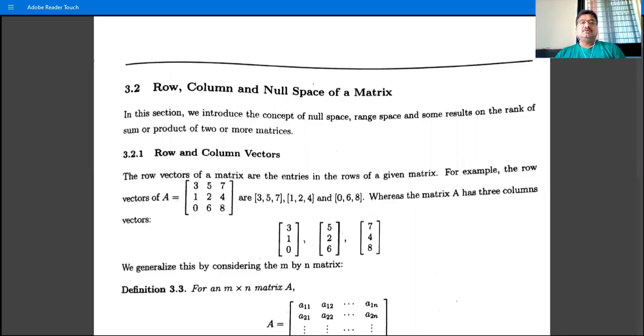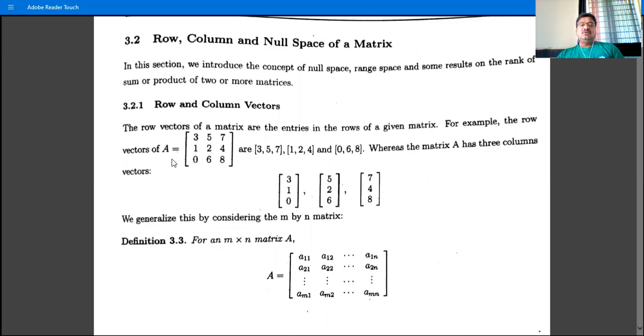Next topic is row space, column space, and null space of a matrix. So, what are the row vectors of this matrix? This matrix is 3, 5, 7, 1, 2, 4, 0, 6, 8. So this 3, 5, 7, write in a square bracket or round bracket. That is open bracket, 3 comma 5 comma 7, as the first row written as a